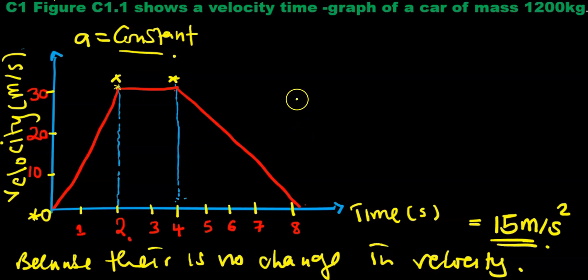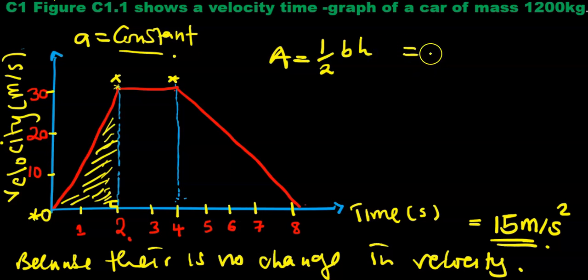2 seconds. Now, you should know that under the velocity time graph, the area of the shape formed is the displacement, is the distance. So in short, they're asking us to find the distance in the first 2 seconds. And this is a right-angled triangle. So in finding the displacement, we are going to find the area of the right-angled triangle. And the formula is